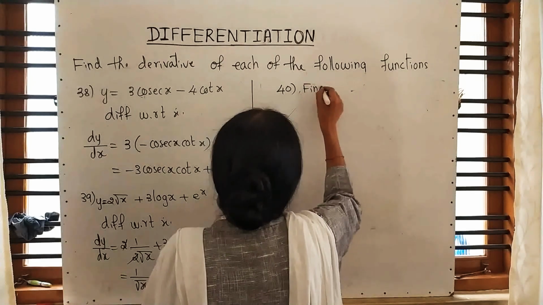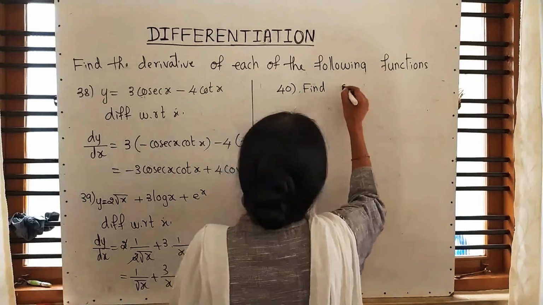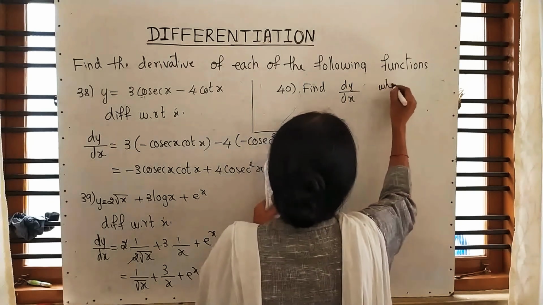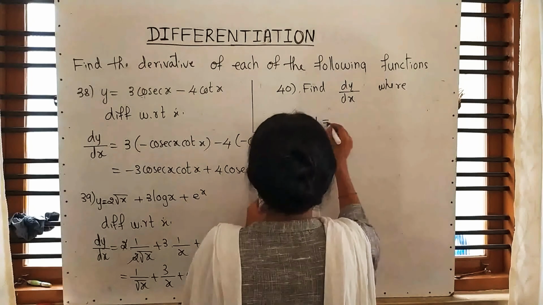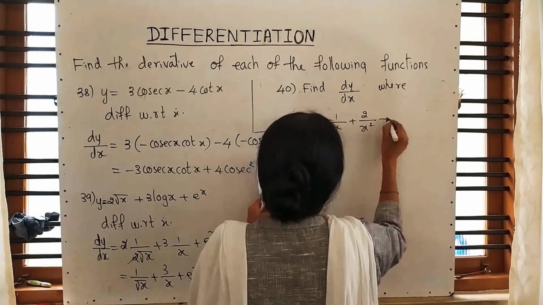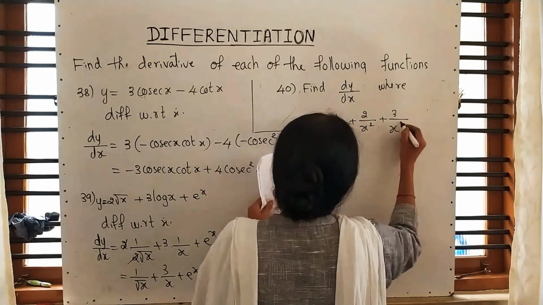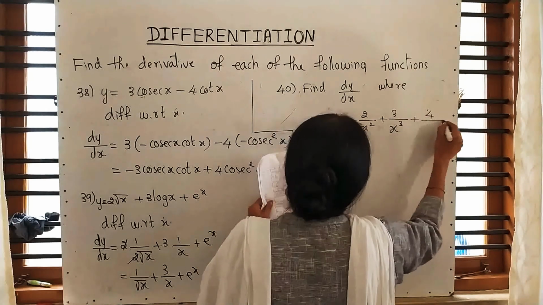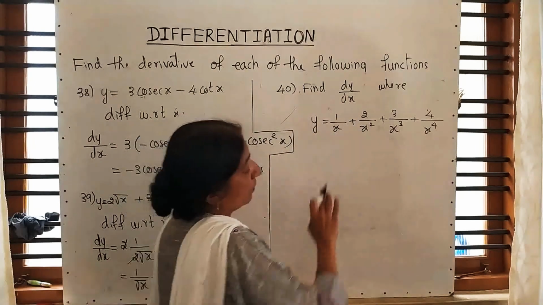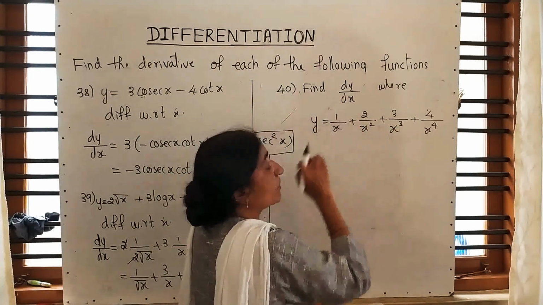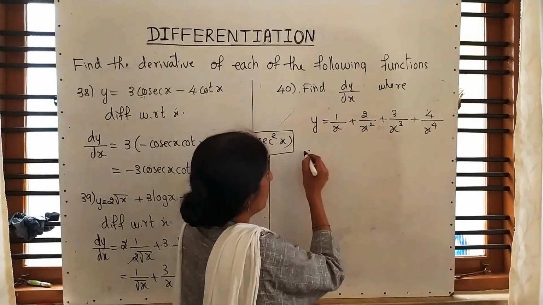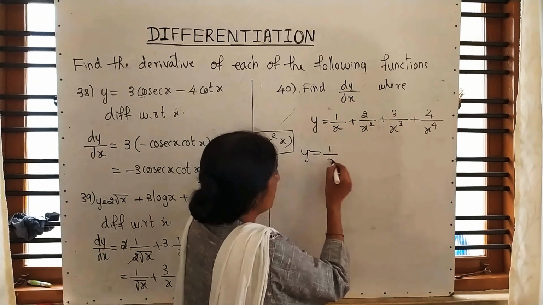Find dy upon dx. See, they give the question like this, where y is equal to 1 by x plus 2 by x square plus 3 by x cube plus 4 by x raised to 4. See, you have a formula list with you. Out of these 4, we are familiar with the differentiation of 1 by x. Differentiation of 1 by x is minus 1 by x square. That's why I kept as it is. The remaining I wrote as